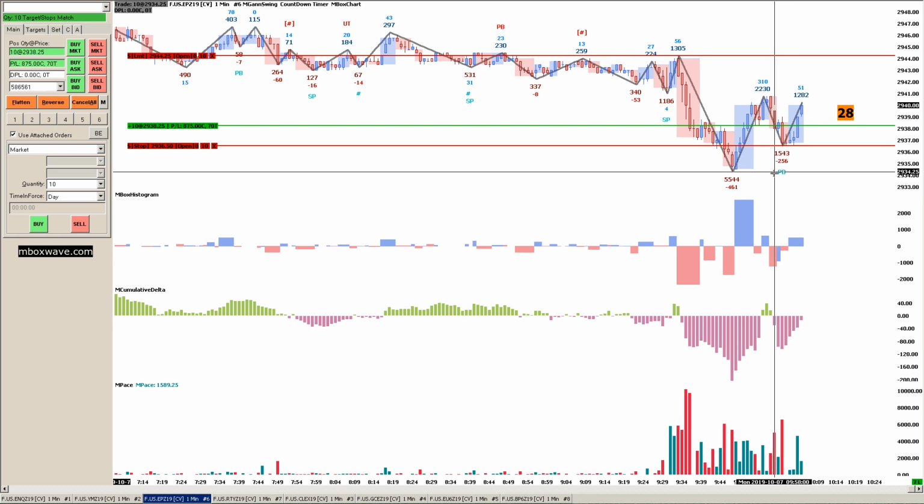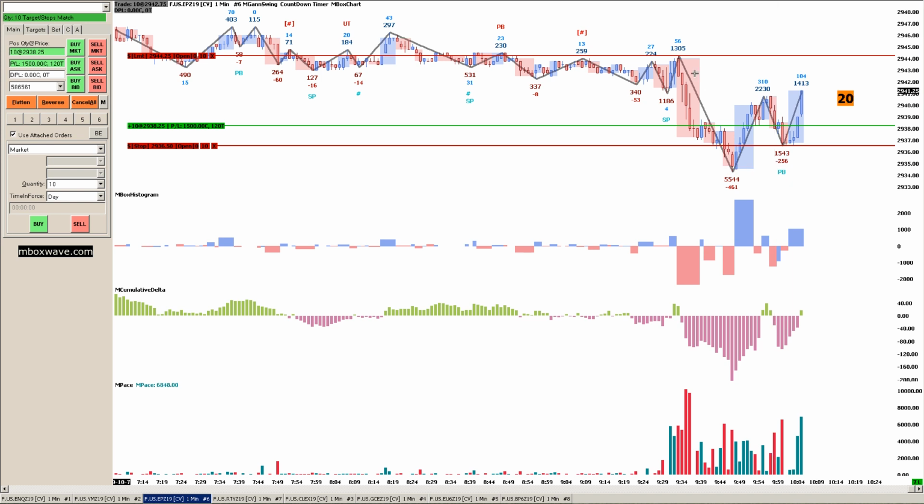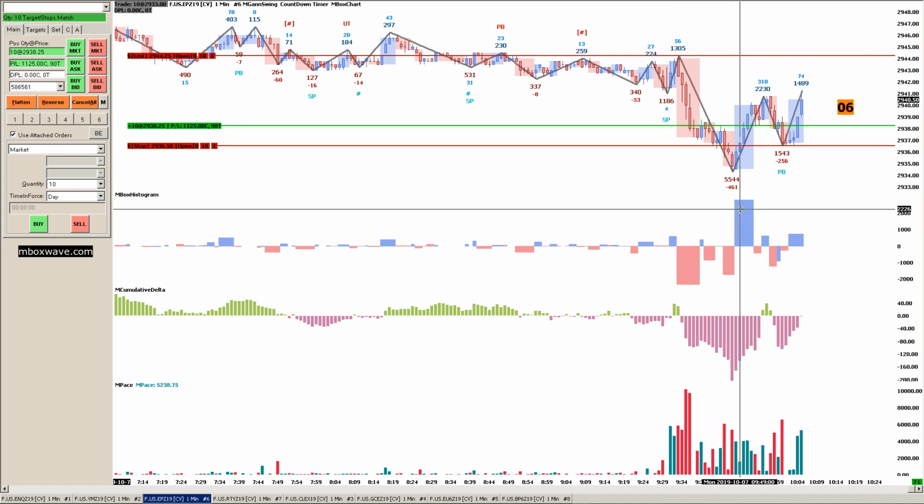There was this pullback signal here, which looked bullish to me. We had this climb down on this down box here, along with supply. We had a lot of selling momentum as well. But then when we hit this down wave down, we popped right back up with demand. And